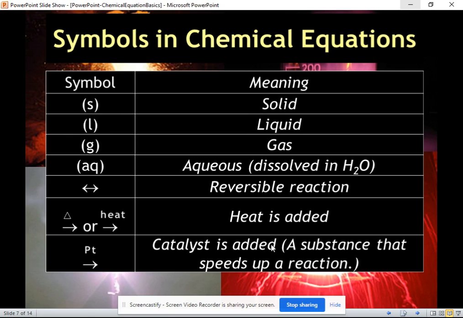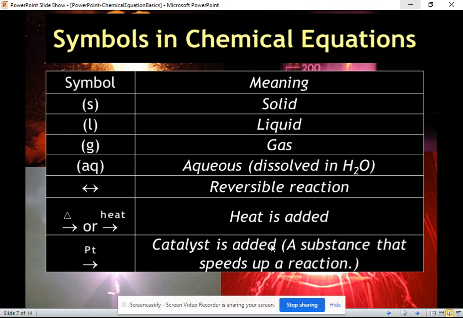And a catalyst, if you remember from maybe Miss Reinhardt's class last year in biology, might have talked about enzymes and proteins. And enzymes are proteins that speed up reactions. They help reactions go faster and take less energy. And a lot of times a catalyst is needed to attach to that enzyme to sort of activate it. And so that enzyme or catalyst here in this case is listed down as part of the